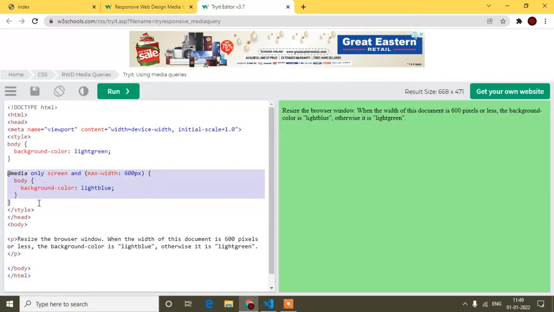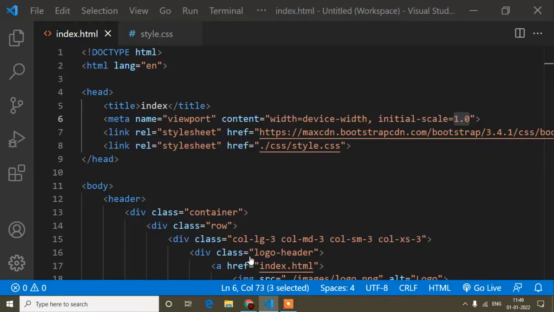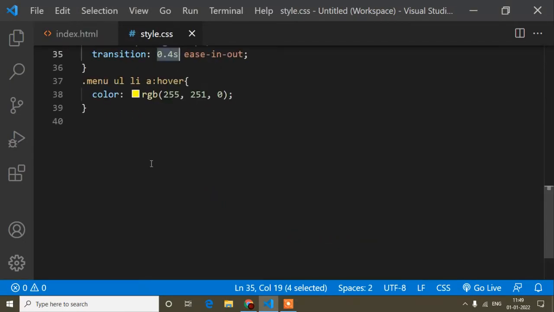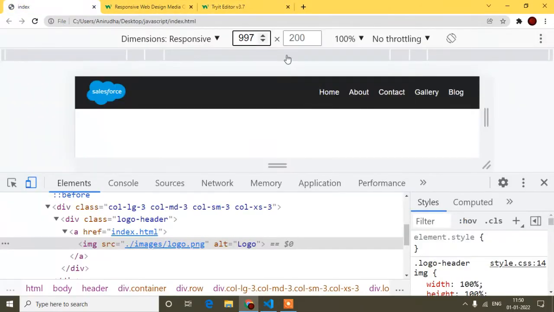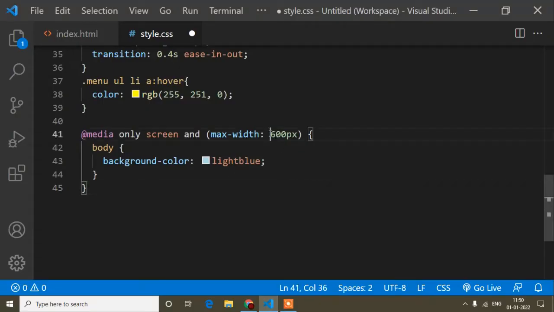I will copy this line and come to the CSS, and just below, I will paste. Here I set that when our size is 997, at that time I will do something, so I will change it to 997.